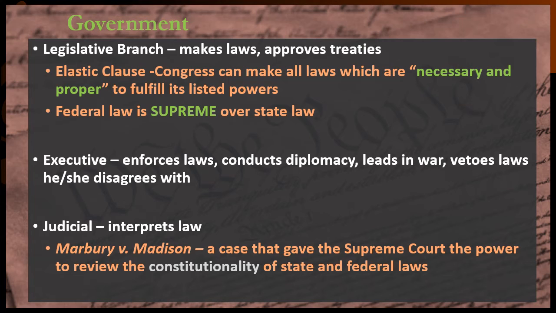In many ways, the Supreme Court has the last word. It's like when you go home and figure out which of your parents gets the final say. If that happens in your household, I don't know. Sometimes parents make decisions together. Whoever that parent is, that's like the Supreme Court. If they're the ones that make the final decision, that's what the Supreme Court does. So that's the key thing about this particular slide here. Early Americans had to figure out what the meaning of their government was, what the words mean, and in the end, the Supreme Court is going to be the one that makes those decisions.